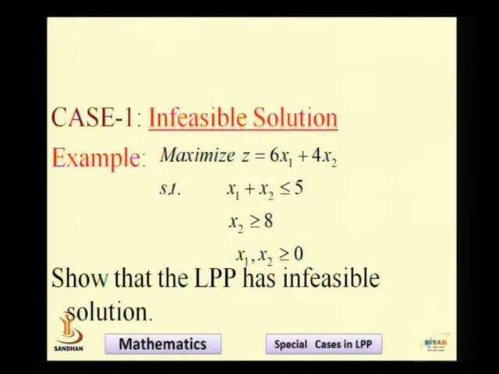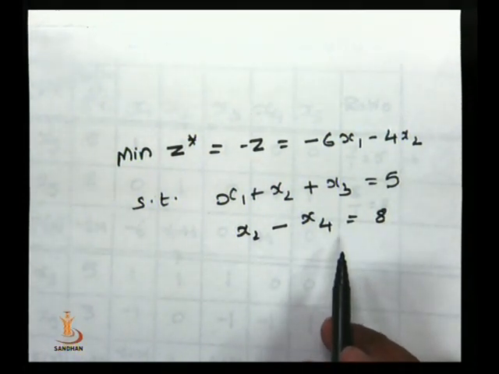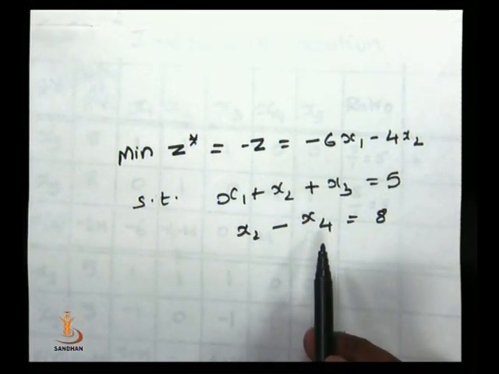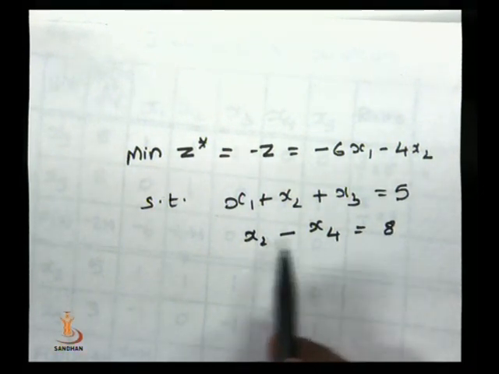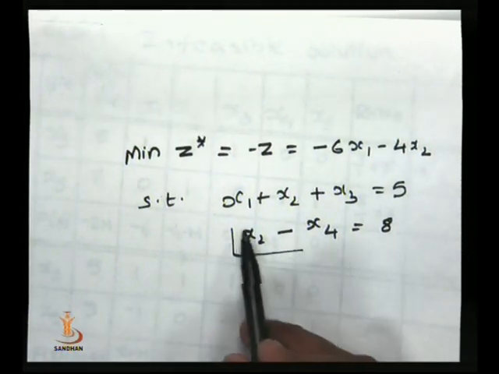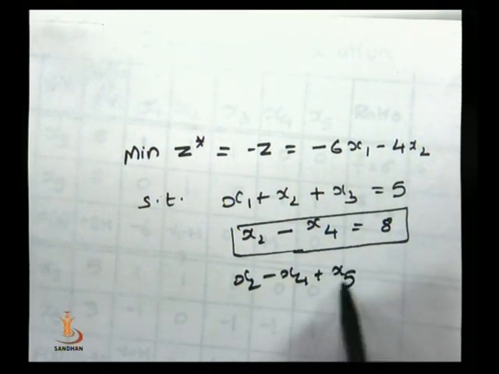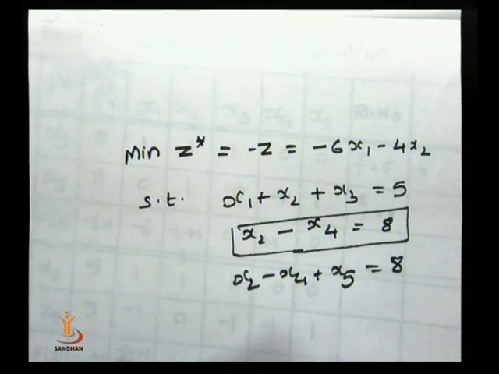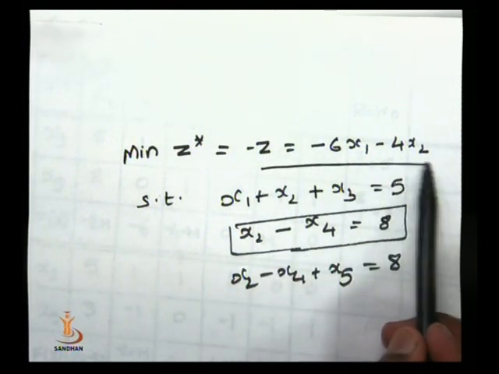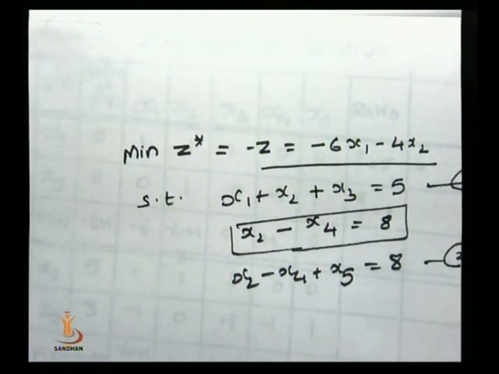But whenever we introduce surplus variable here, we have to also write one extra variable, because if we do not do that, then we will get the starting solution negative, which is not permissible in this simplex procedure. So we have to write one extra variable, which is a dummy variable known as artificial variable. So this constraint is replaced by x2 minus x4 plus x5 is equal to 8. So now I will minimize this subject to these two constraints.